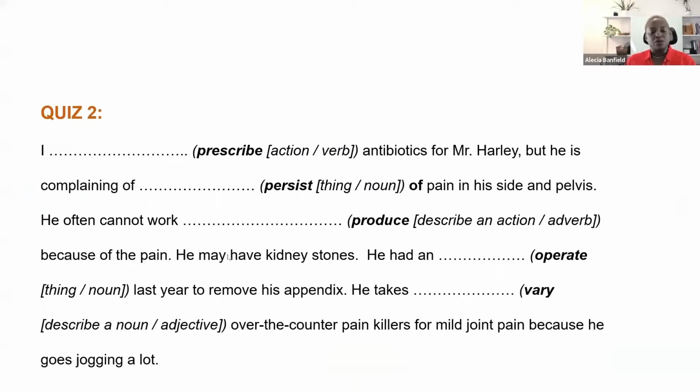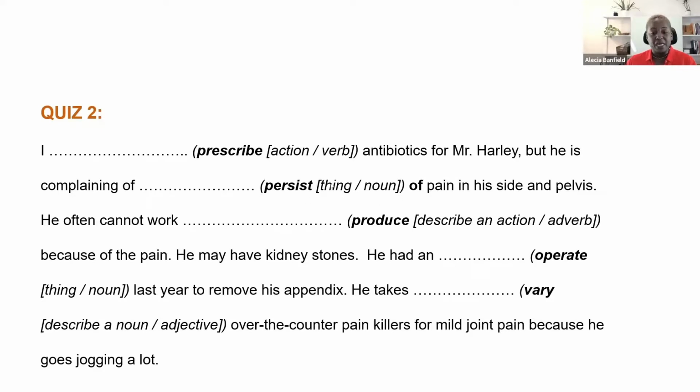So here's the second quiz for you. Now, complete the blank space with the hints in the brackets immediately following. So the verb root is, for example, in the first blank space, prescribe. The version of the word you want is an action or a verb. Now remember, it also has to make sense with the tense. So something, antibiotics for Mr. Harley, but he is complaining of